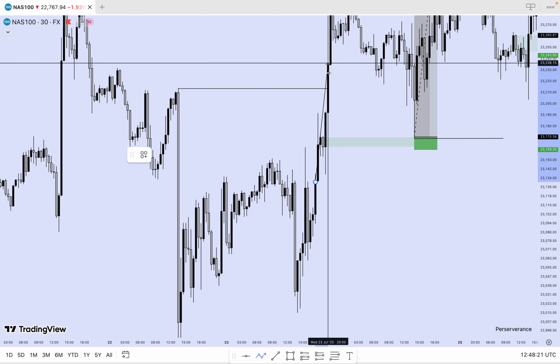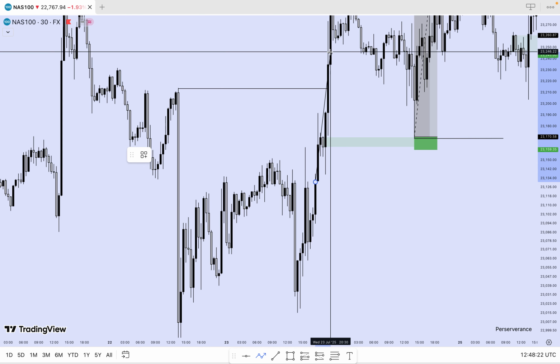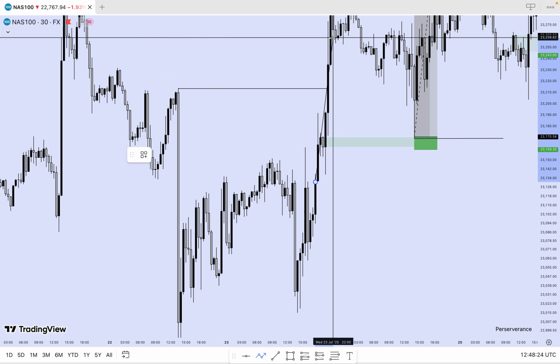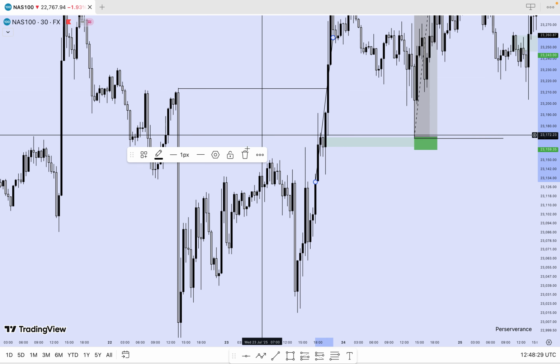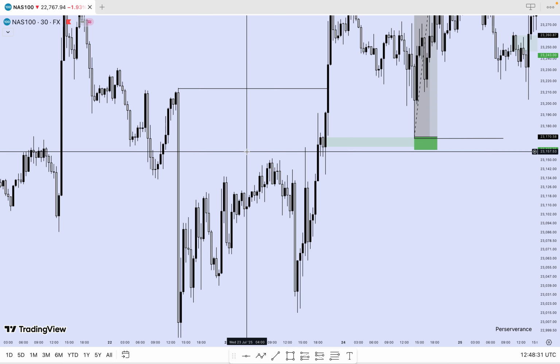Now, price traded above this resistance level. This is now a break of structure, not a market structure shift, because a break of structure is when price trades above